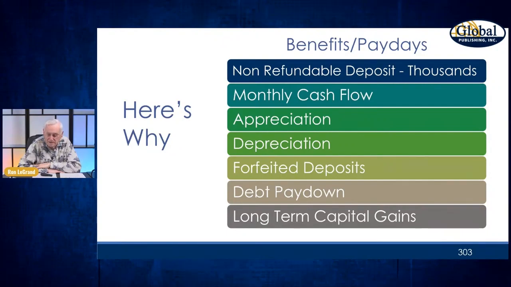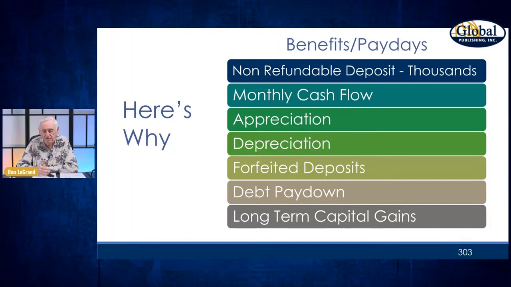So look at what happened with just that one house. Now, what if you had about 50 of those out there that you got for free, that you got paid to buy, and that you've been paid on every single month and are going way up in value, and you're getting depreciation galore, lowering your taxes, and all the forfeited deposits for everybody that moves out, and you get to do it again, and the debt pay down and the long-term capital gains.